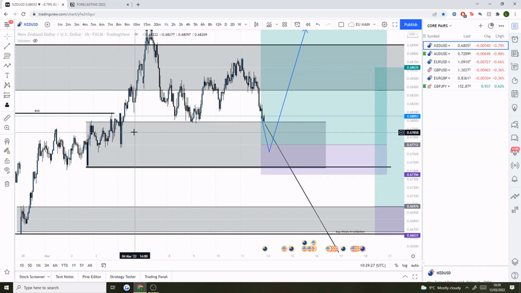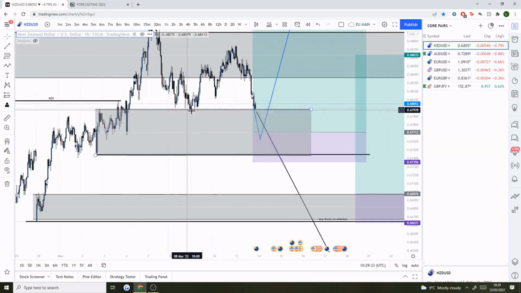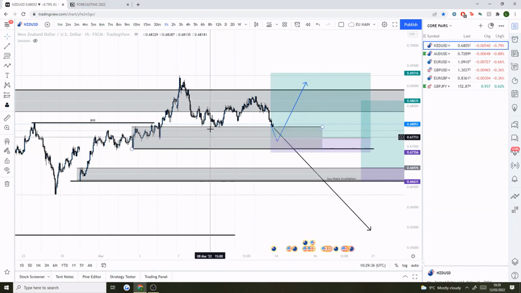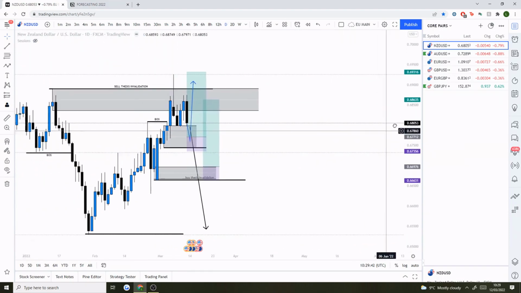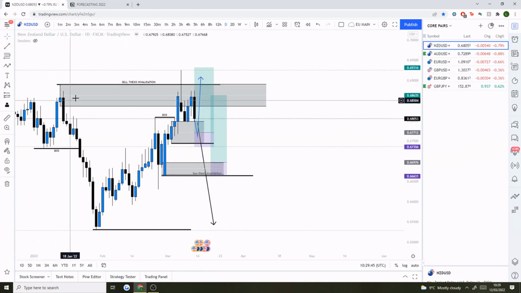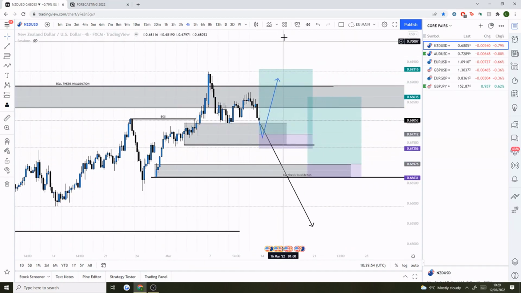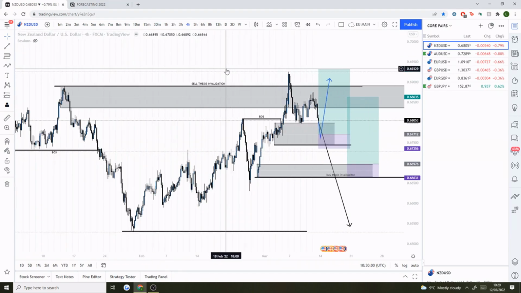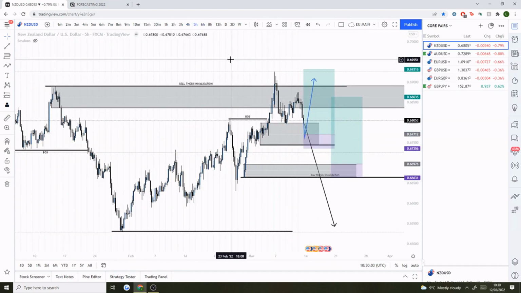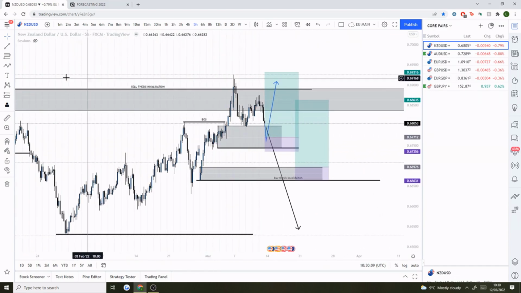and if we do start to see price action rejecting these bullish order blocks, showing a bullish structural transition on the 15-minute and on the 1 hour, then I will be happy to take opportunities that come out of these order blocks for buys. So for me on NU this week, we're looking for sell opportunities continuing away from this major supply here. But then if we respect this demand here, then I will also be looking for buy opportunities out of those areas to then target new highs relative to the 4 hour and the 12-hour time frames.